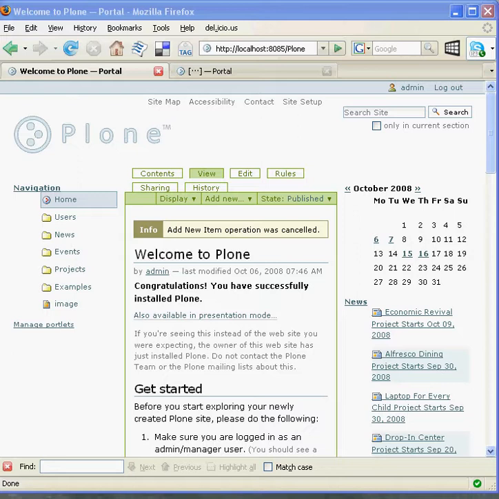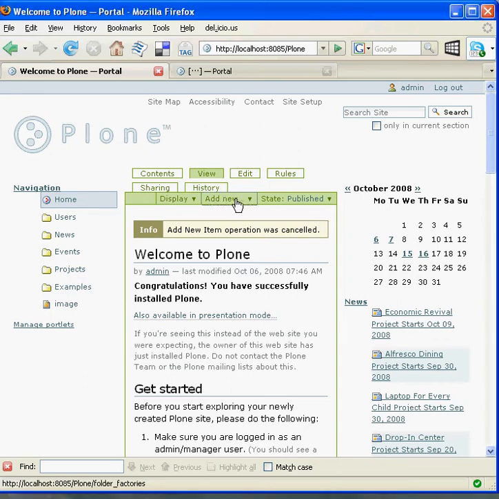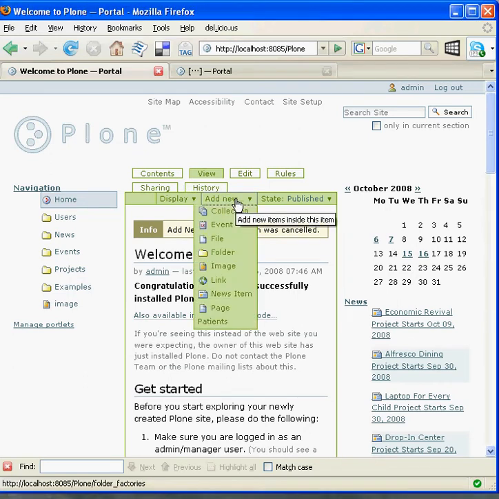Here's the Plone site. I'm back at the top of my Plone site. I click on Add New. Again, things will be spread out in a more pleasing way for you using a full page instead of a small screen like I am. You should see a patient's object down here alphabetically. It happens to be at the very bottom. Again, in the interest of time, I click on patients, but I've already got that